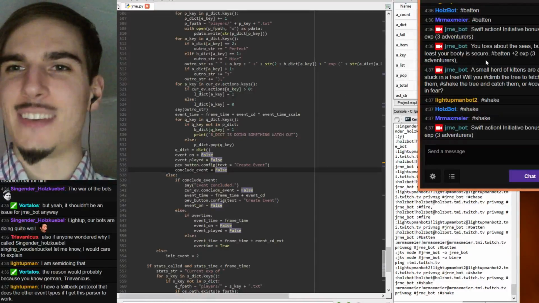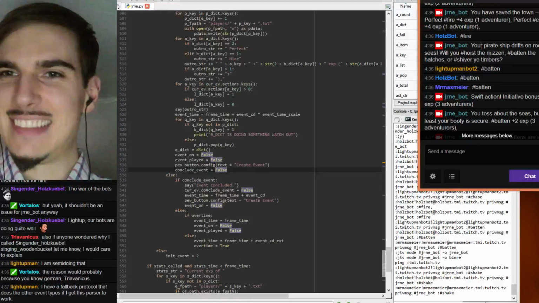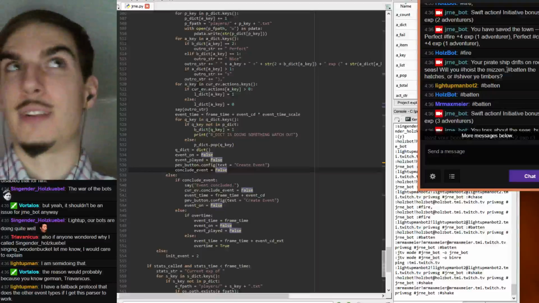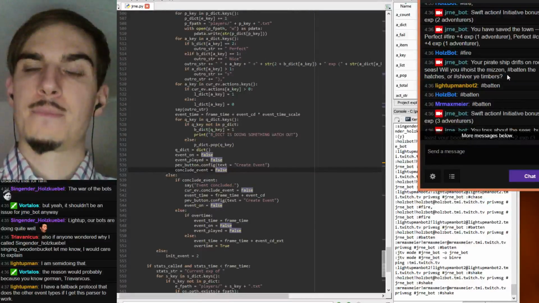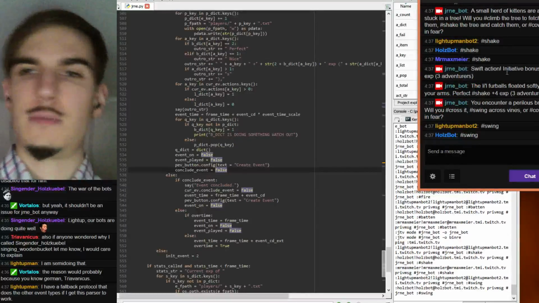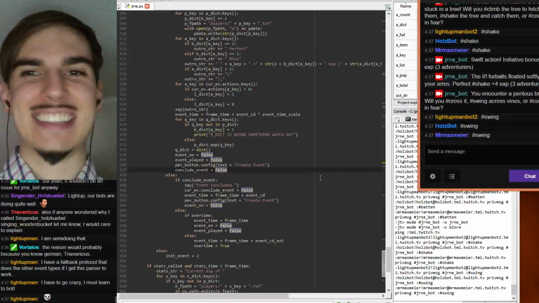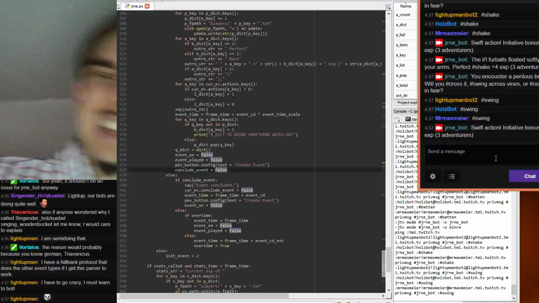Oh, you guys, no one hoisted the mizzen. The pirate ship is an example of type 3. Formerly type 2, but type 3. Oh, you guys, dangerous.